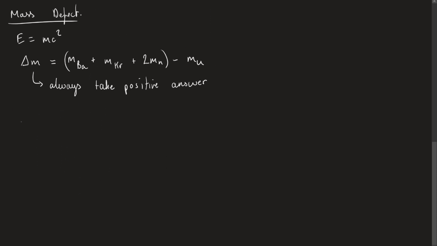So I can then say the energy released is just going to be the mass defect multiplied by c squared. Now, usually what I find for fission is that I will generally get an energy of around 0.5 mega electron volts. This is a pretty large amount of